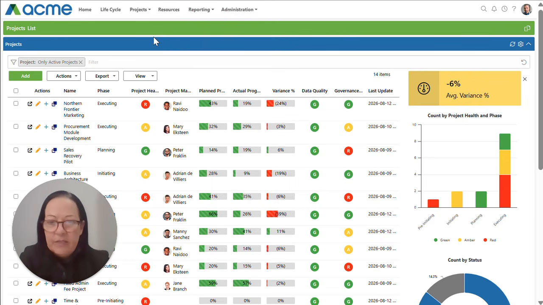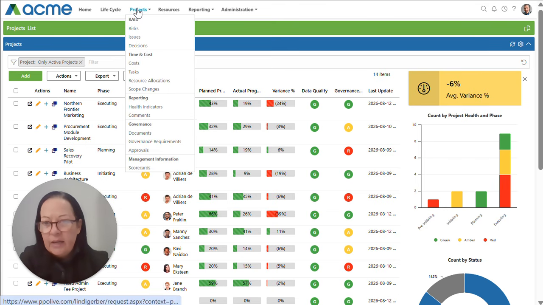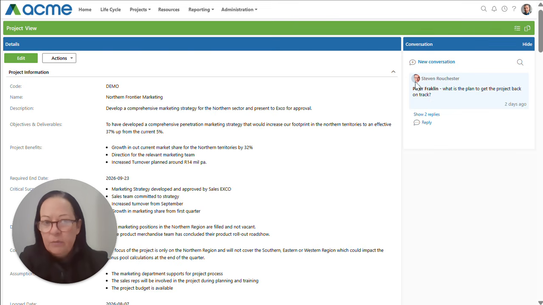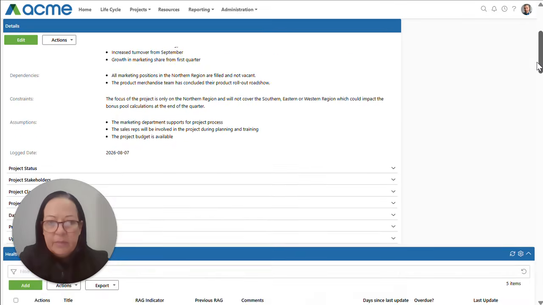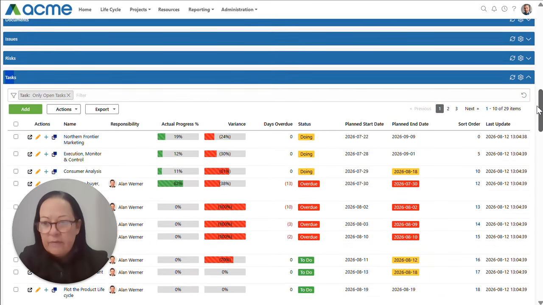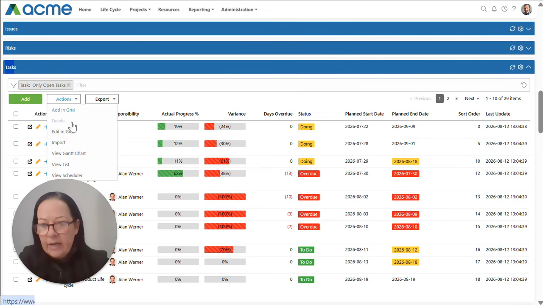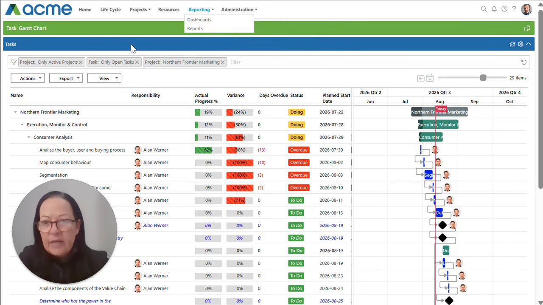So on the front end of PPO, users have the ability to set their own preferences when it comes to the Gantt widget. You can either access the Gantt via hovering over projects and selecting tasks, or I can just drill into my project, and then from the project view page, the table below that will be specific to tasks. So under the task table, under actions, I can say view Gantt chart,